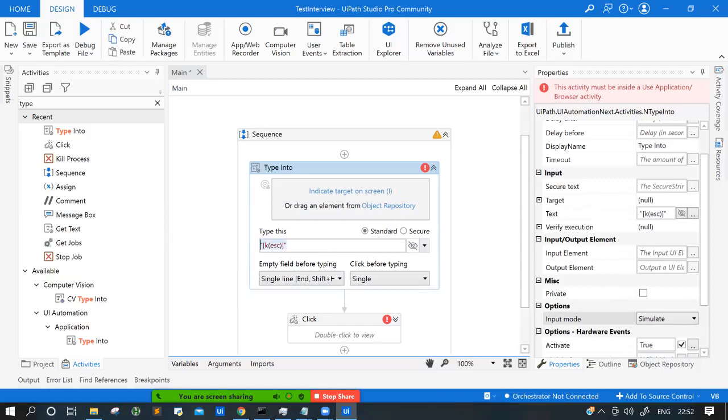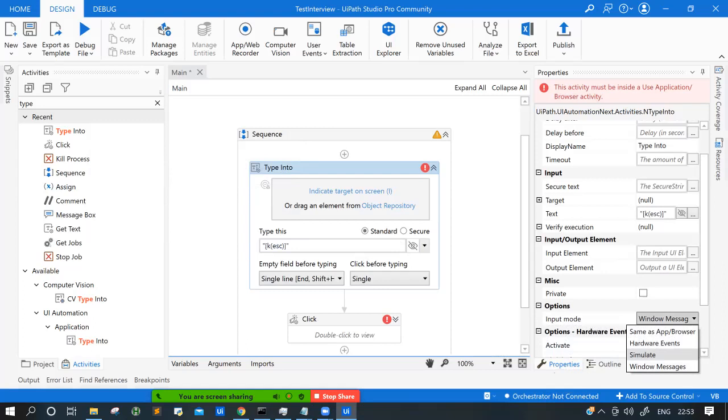Whereas if you use send windows messages, it will be taken as keys. So if it says escape, it will not type escape wherever you are typing, but will perform the escape key. So the main difference is that simulate doesn't support hotkeys, whereas windows messages supports hotkeys. This is the one people do ask.